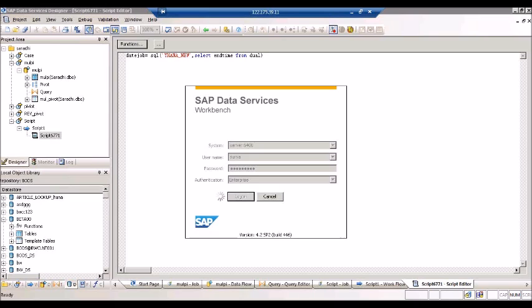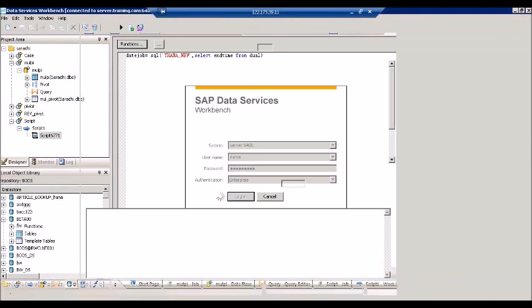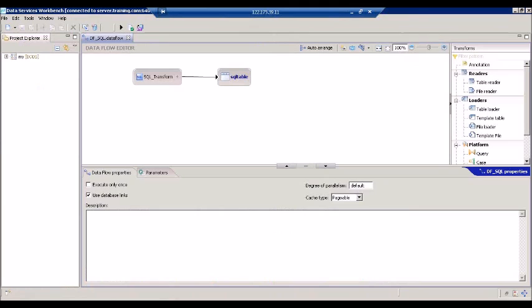Then why has this new tool been introduced? Currently it has some capabilities which are more in line with SAP, and not all the functionalities and transformations have been moved into this